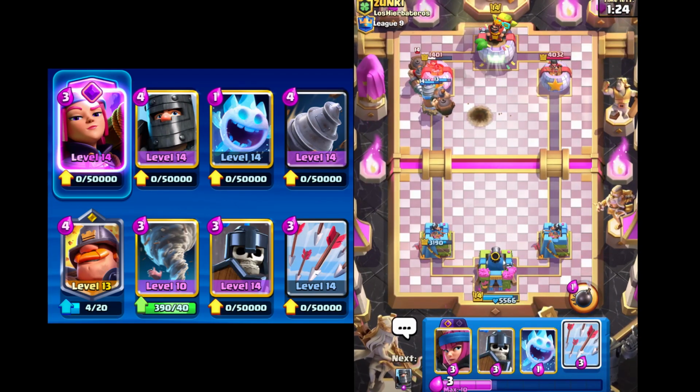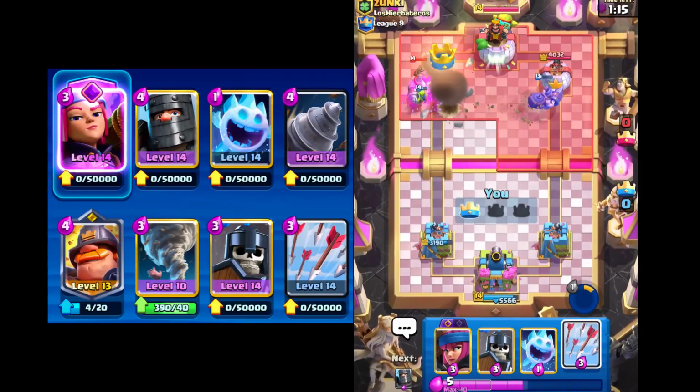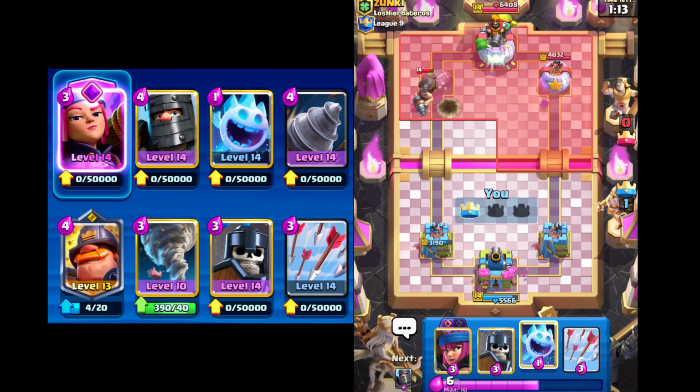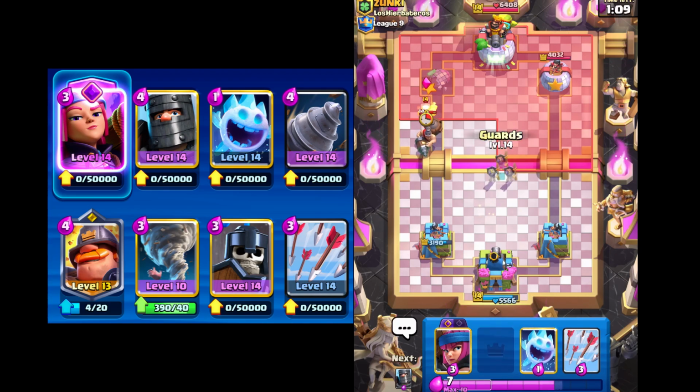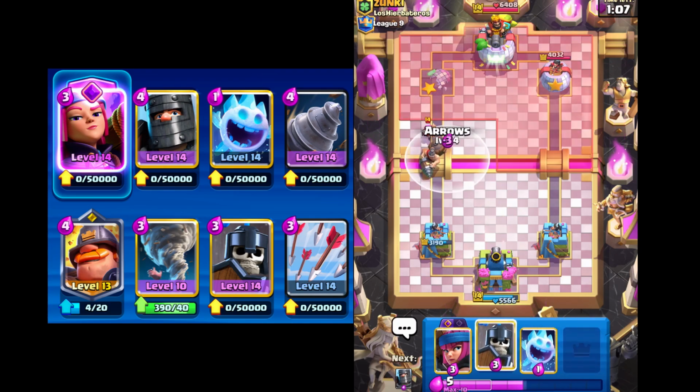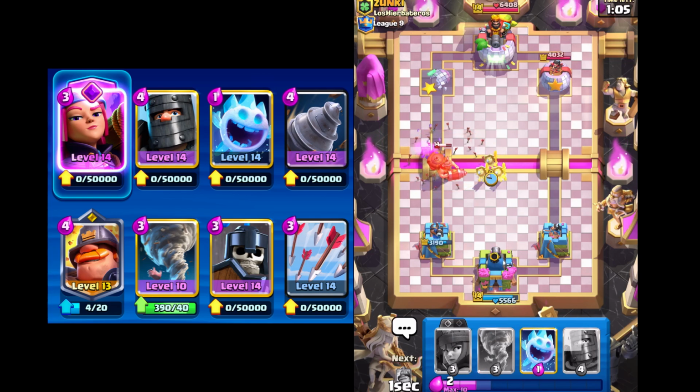So our Mighty Miner is actually gonna lock on, I think. Come on, Mighty Miner, you gotta lock on. You gotta lock on, and then I'm gonna activate the Mighty Miner ability last minute and take out his Princess Tower and the goblins right there that he dropped. So we're gonna go with guards again. We're gonna arrows and then go with guards. And then we got Tornado ready for his hog, and we're sitting in a really good position heading into double